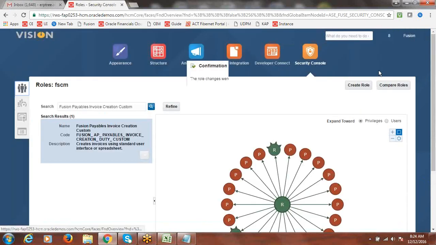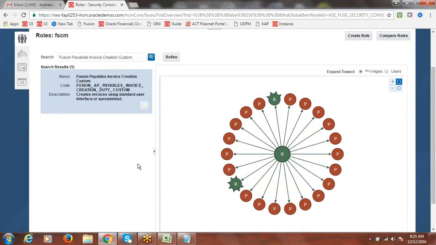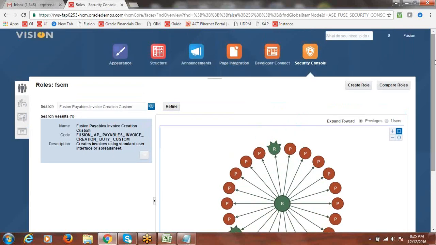Then save and close. If you want to use this, you have to create one more application related role. I just created this external role. Now you have to create one more role called application related role. You can group these all and assign. That's how it works. Hope that you can do it. So these are the points to understand when you are creating any custom roles. Any privileges you can remove and you can add. That's how you can do it.